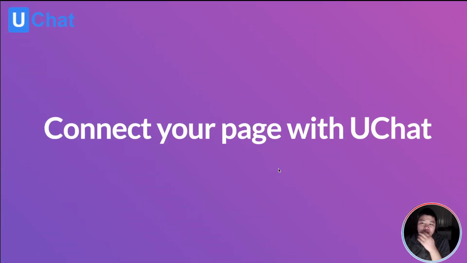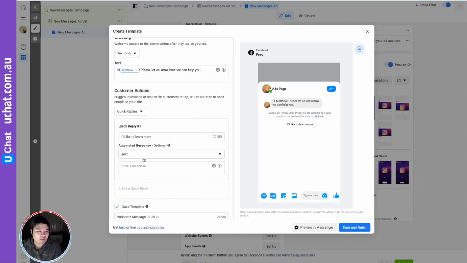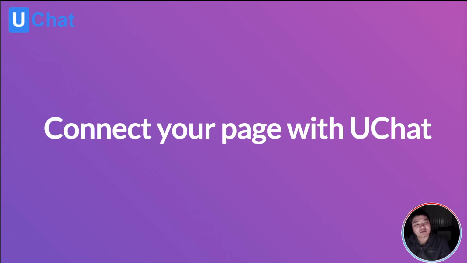So the first thing to make it work is you need to connect your page with UChat. Okay, and after you connect your page with UChat, you will see there's an option. If you are using the quick reply, let me show you. If you are using the quick reply, you will be able to see there's an option to connect your bots. Okay, if your page is not connected with any chatbot platform, you will only be able to see the text and the none. Okay, there is no option for you to connect with your bots. Okay, so that is the first. You need to connect your page with UChat. Second is,